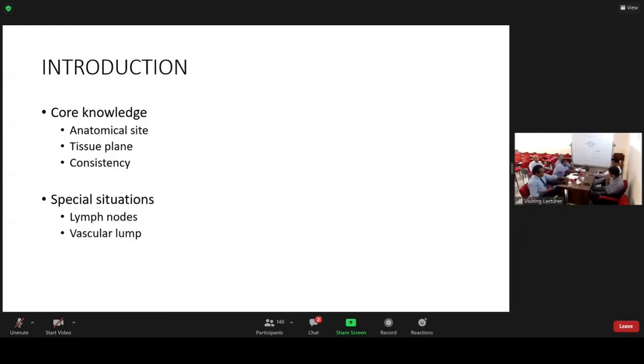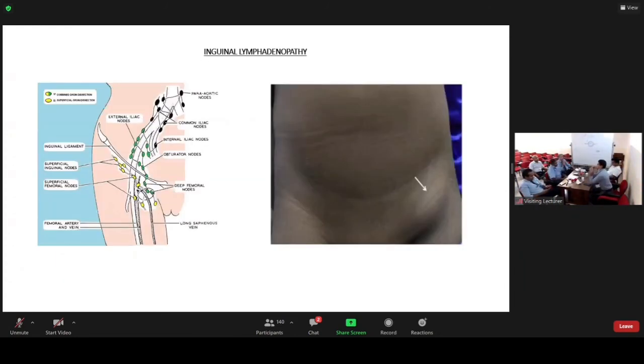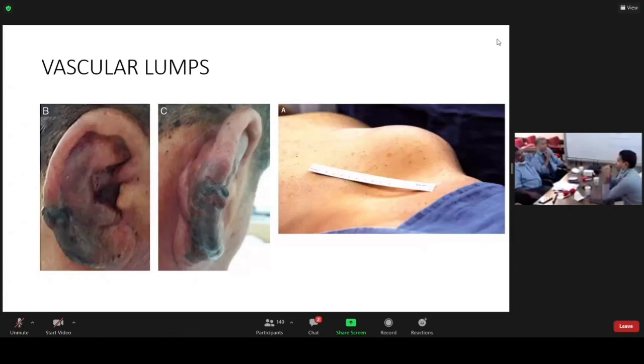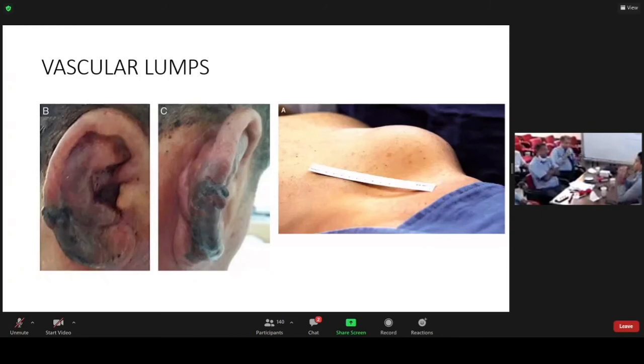Arun, can you tell us something about those things? When it comes to vascular lumps, there are not many. For the exam, what we give is the common things. So one of the vascular lumps could be an arteriovenous malformation, or a venous malformation, or an aneurysm, or a small aneurysm coming from the wrist, like a radial aneurysm. Saphenous varices, yes, are a developing venous malformation.